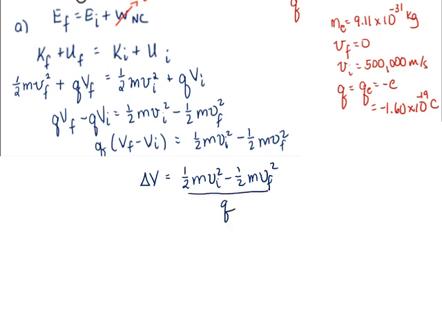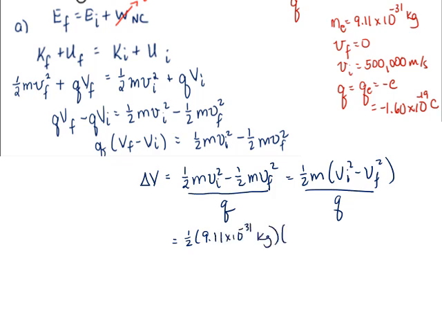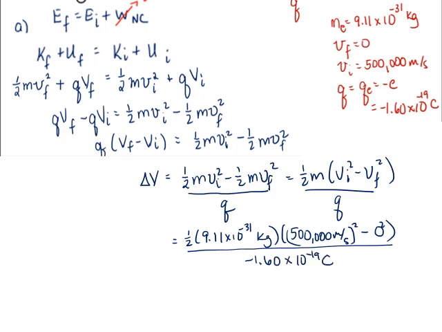Okay, now we can simplify a little bit. We've got 1/2 times m outside of v i squared minus v f squared, divided by Q. Let's pop our numbers in. So we get 1/2 times 9.11 times 10 to the minus 31 kilograms, times v i squared, our 500,000 meters per second, that's got to be squared, minus 0 squared, divided by the charge of our electron, minus 1.6 times 10 to the minus 19 coulombs, gives us a potential difference of minus